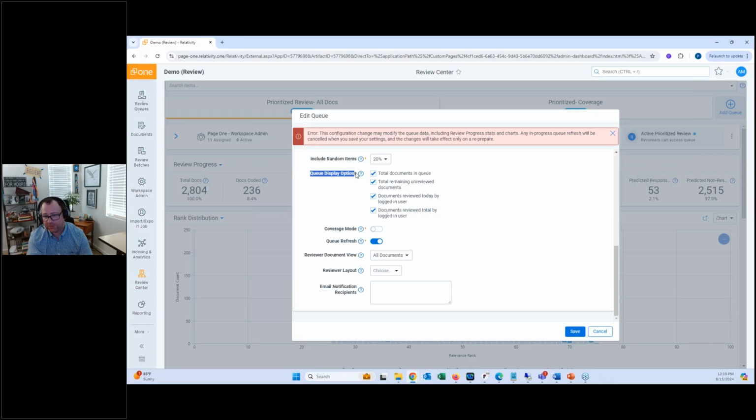For the queue display information, if you remember when I was showing the review queue, it's got a little bit of information on there: total documents in queue, total remaining unreviewed documents, how many you've reviewed today, and how many you've reviewed total. Essentially, we can hide that information. You may not want to showcase that for particular reasons, and you can hide it by just unchecking it. If you wanted to turn on coverage mode, you can certainly do that,